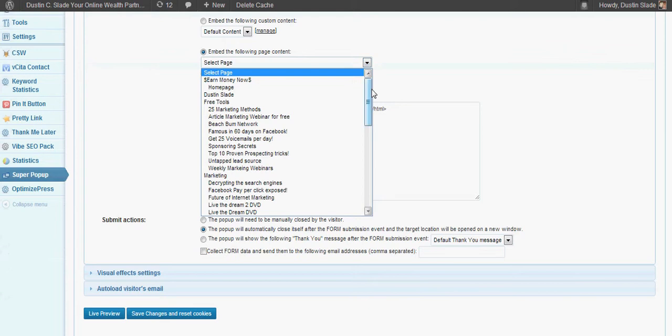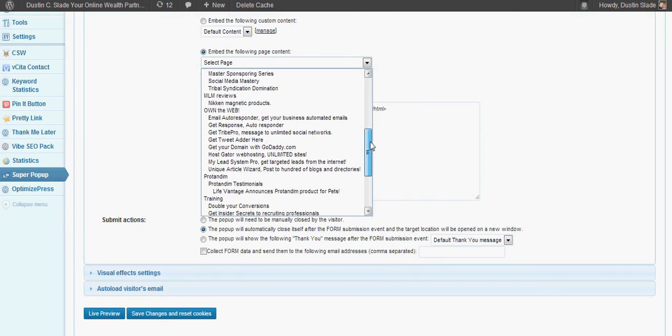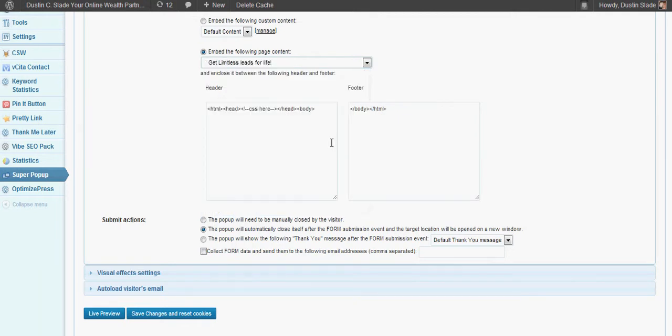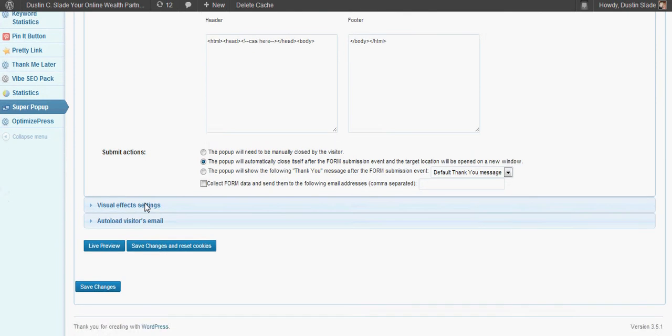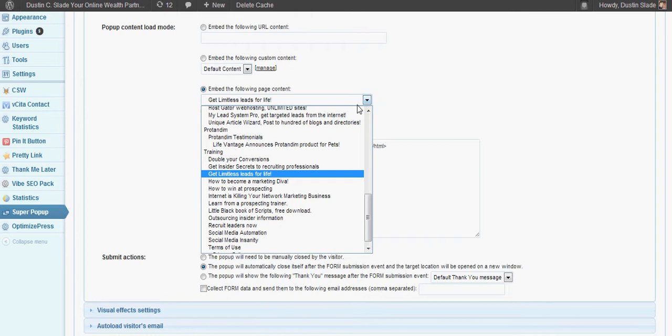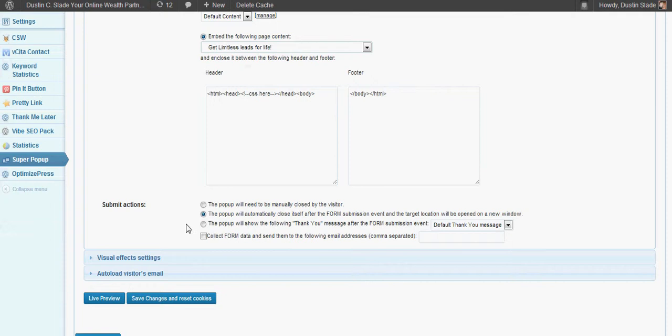In this option, any of these that come up that are preloaded, what you want to do is mess with them a little bit so that you can see what's going to happen with their sizes and everything and their visual effects. So here's one of mine in my blog. It's one of the drop downs here. Get limitless leads for life. And I'm going to choose